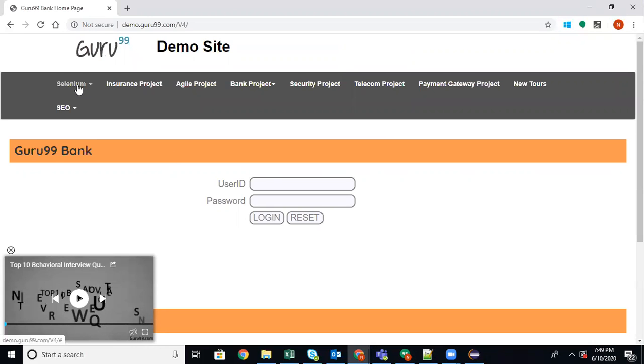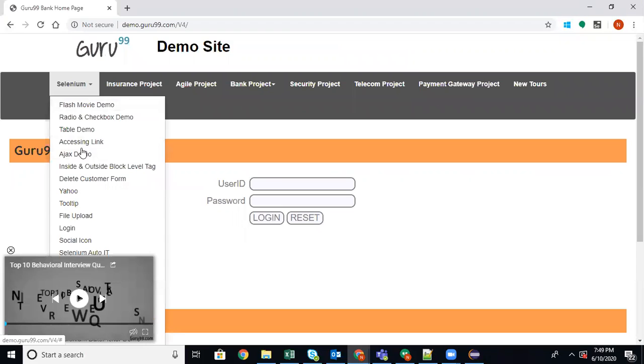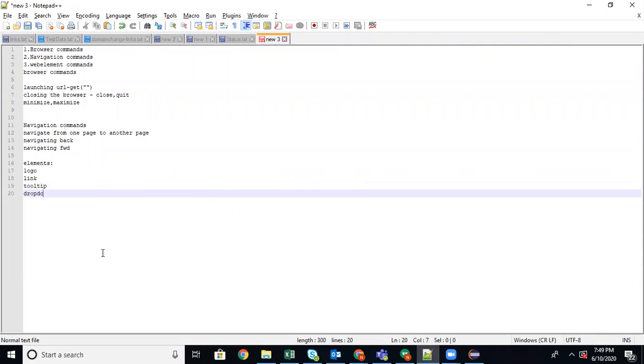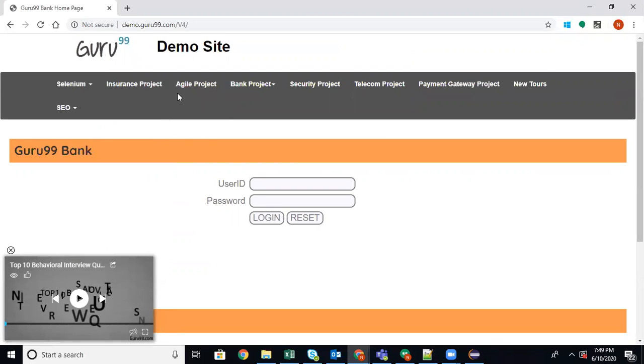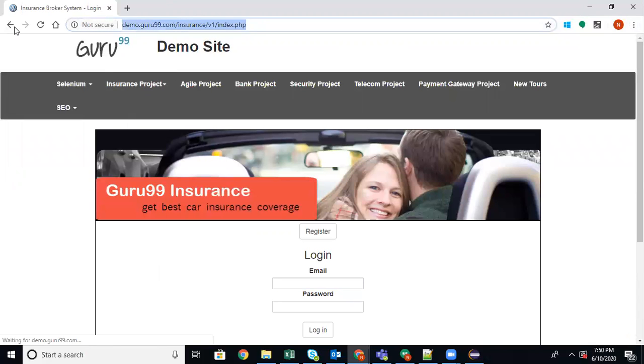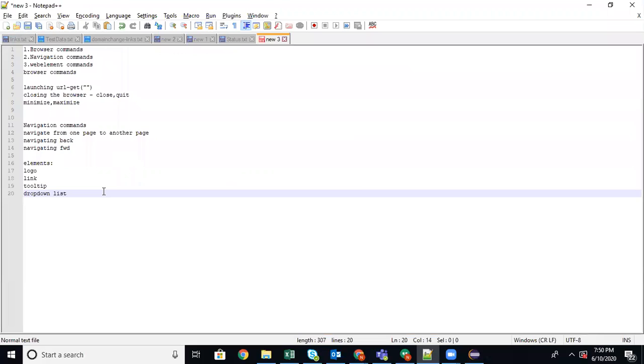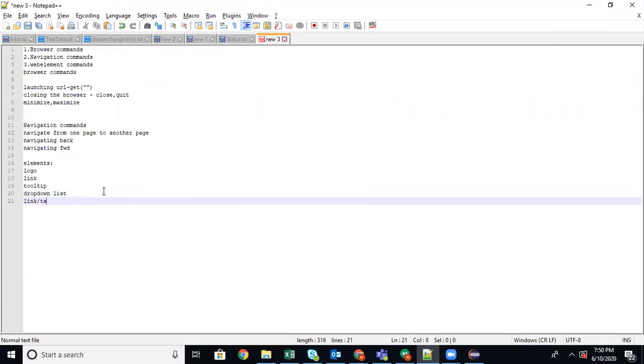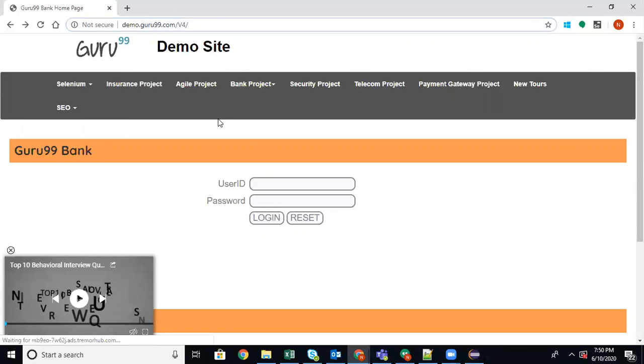Okay. So this is called a drop down. On clicking on this, if the options come down, it is called a drop down list box. Okay. And what is this called? It is called a tab or a link. Because on hovering, you can see the color is changing. On clicking on that, it will take you to another URL, another web page. Then it is called a link or tab, a tab that contains a link.